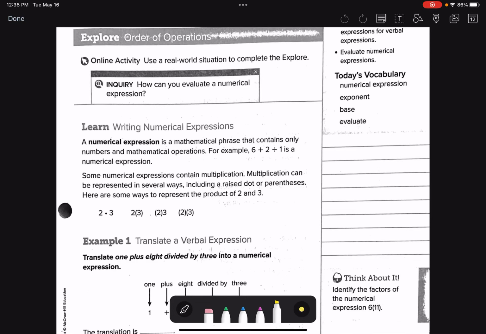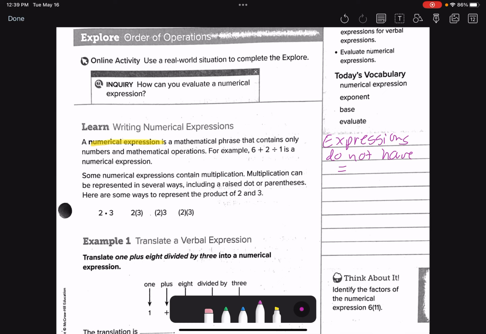All right, so this is going to be Unit 1.1, Examples 1 and 2. The first thing I want to discuss with you guys is this phrase, a numerical expression. A numerical expression is a mathematical phrase that contains only numbers and mathematical operations. The key word here is expressions. Expressions do not have equal signs. And a numerical expression means that only numbers and math operations are involved, meaning that there's no